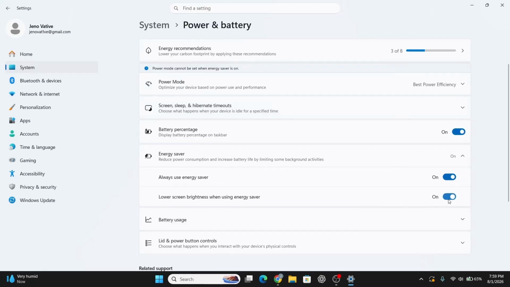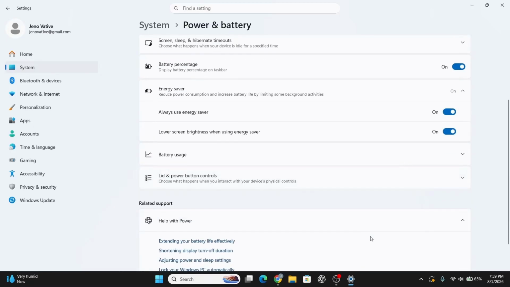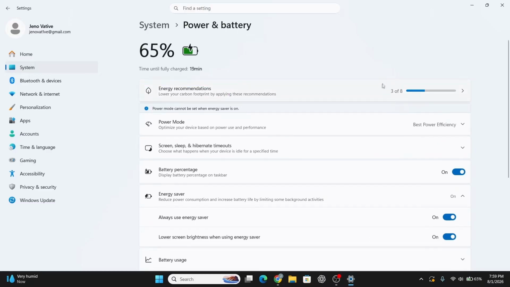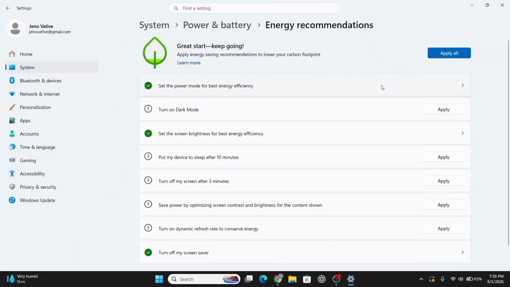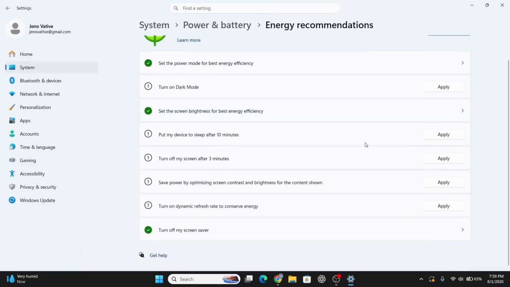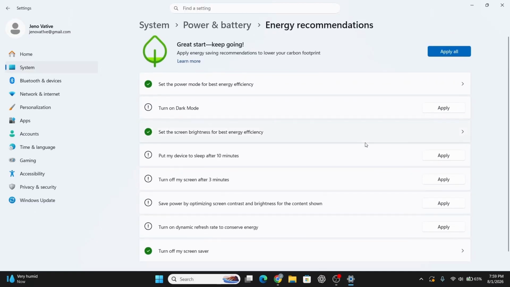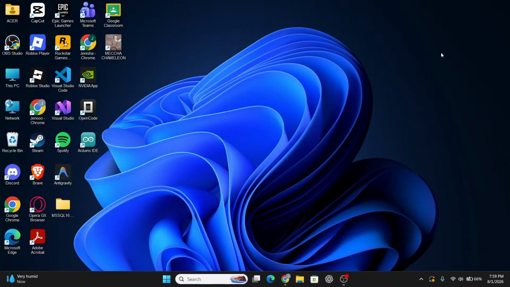At this stage, scroll up and click on Energy Recommendations for additional suggested tweaks based on your specific device. Keep in mind, choosing Adaptive lets Windows activate energy saving automatically during lighter tasks, without dimming your screen the way the standard mode does. Finally, close the settings window once you've customized Energy Saver to match how you use your